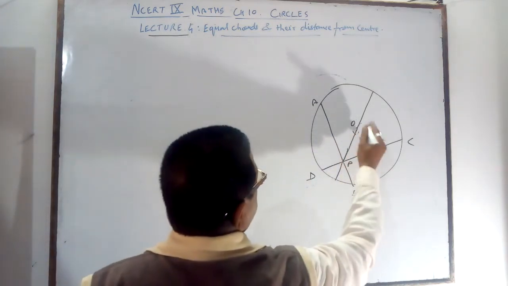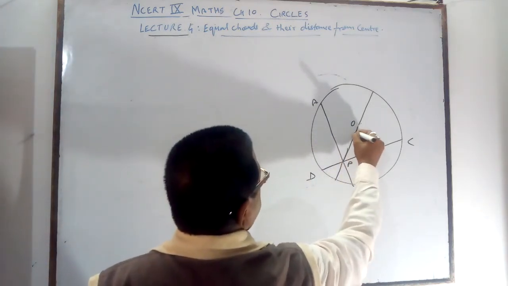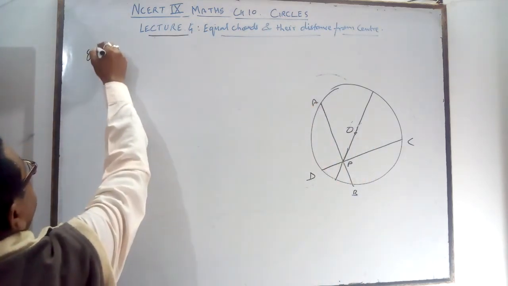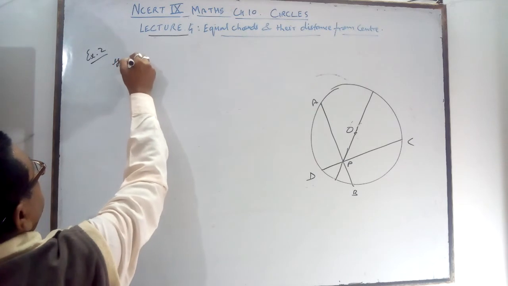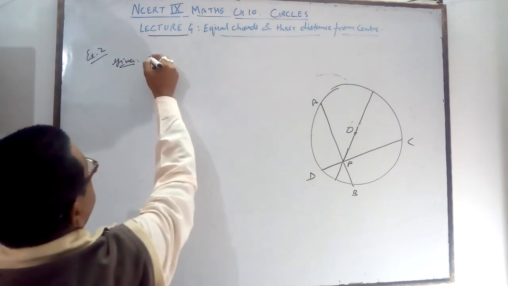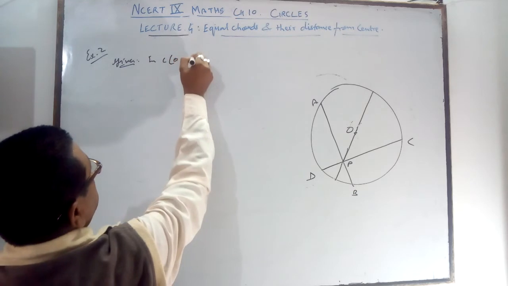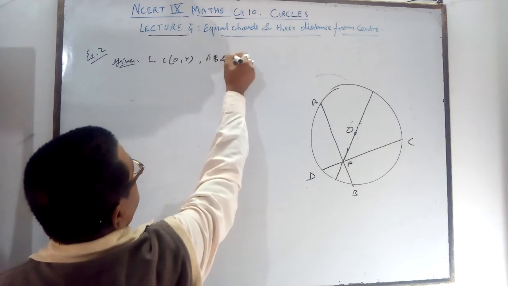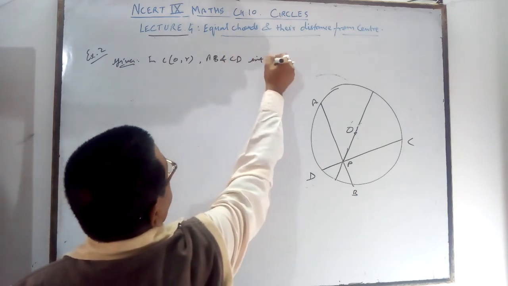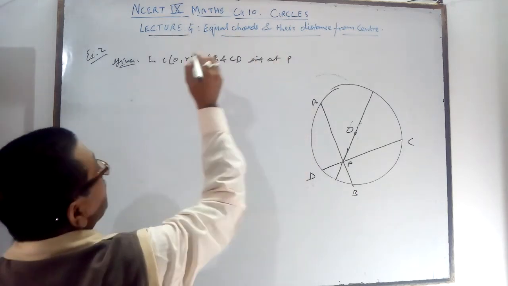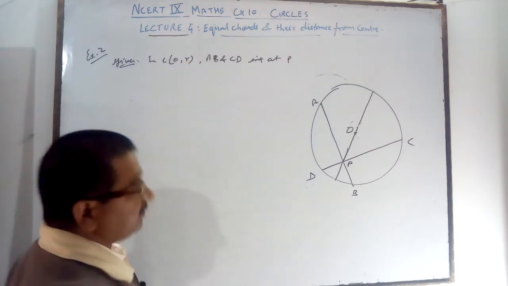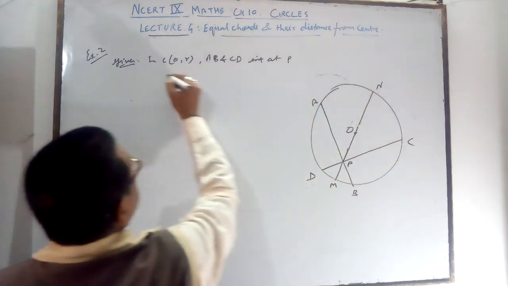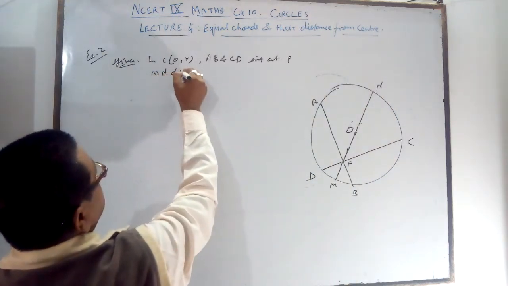It is given the center O. Given: AB and CD intersect at P, and MN is a diameter